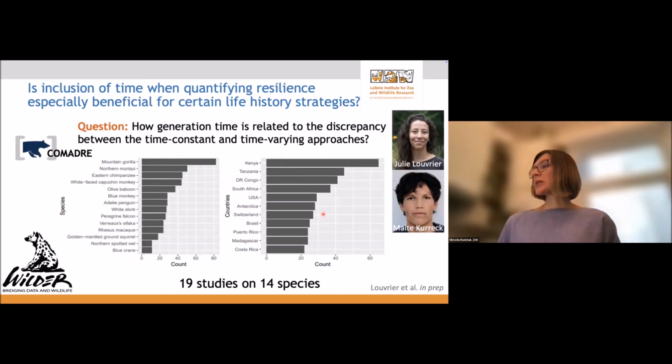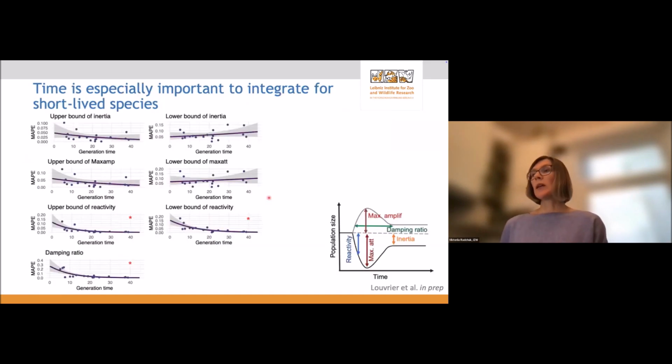Remarkably, the majority of these studies are in the global south, specifically in Africa. I say remarkably because this is rather unusual for this kind of global meta-analysis. However, on the other hand, of course, this result is linked to the fact that our dataset is very much biased to primates. So keeping in the back of your minds these limitations and biases of the dataset, these are the results that we found.